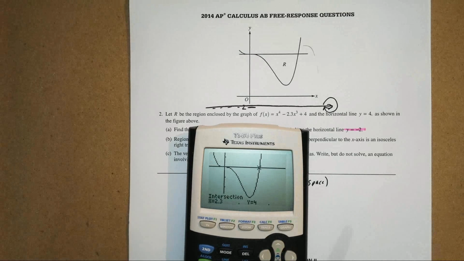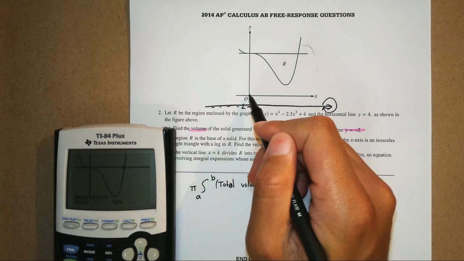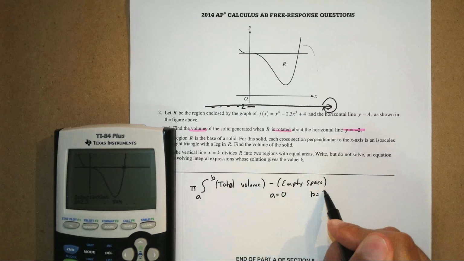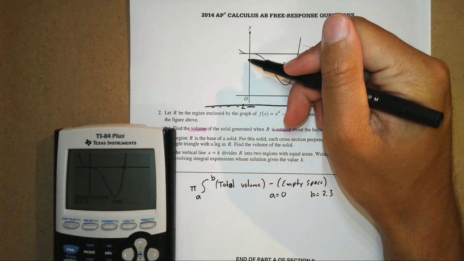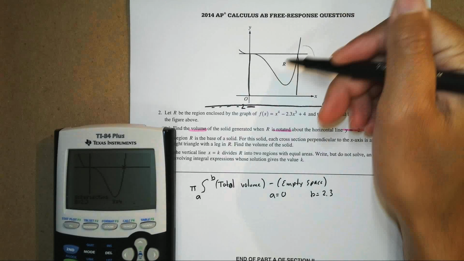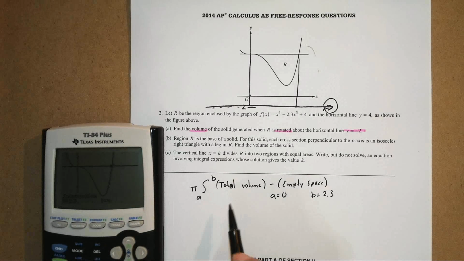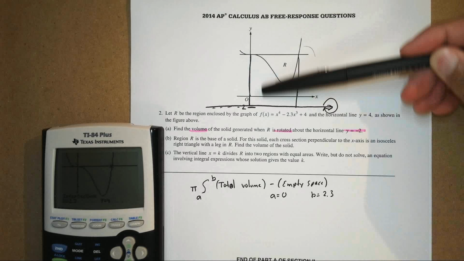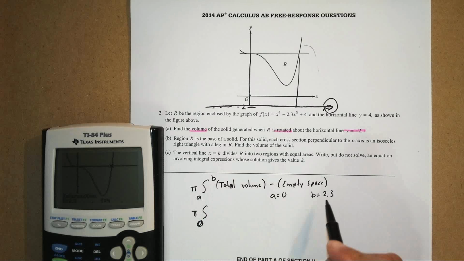So now I know the points where they intersect. A is going to equal 0 because it intersects at x equals 0, and then B is going to equal 2.3. So those are the points where it intersects. So that's perfect. So that means I'm trying to find all this volume inside here when I rotate it about this line. Total volume is when I rotate this as fast as I possibly can, I'm going to get this entire space right here. So what I have to do is figure out the equation for that. Well, I know that it's going to be pi, integral from A, which is 0, to B, which is 2.3, of